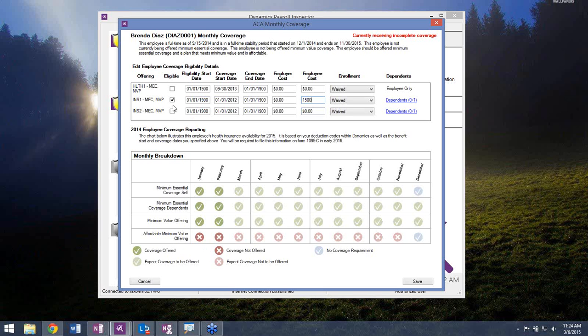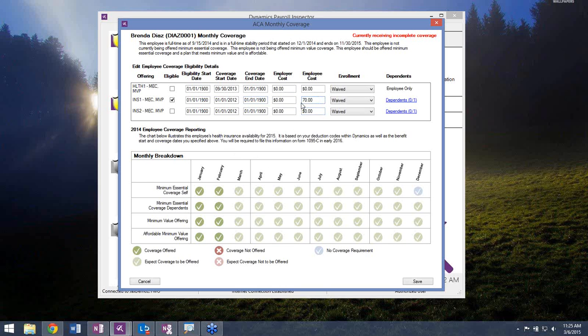But if we were to pull this exact situation out of GP where this employee's offered this coverage and it's this cost, we would have an explanation across the top saying, this employee is being charged $1,500 for this plan, when in reality they need to be charged $80. So if we were then to make the edit to the amount that that employee needs to pay, you can see we're still out of compliance for 1 month. Maybe if we go down to 70, there we'll be good then.